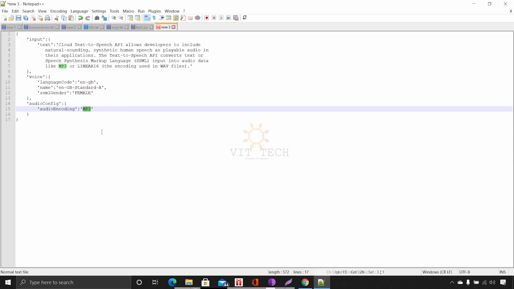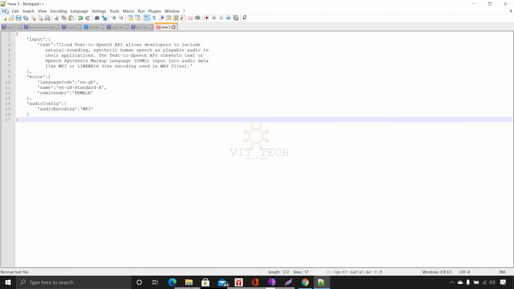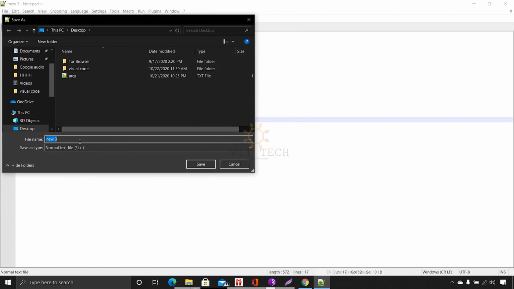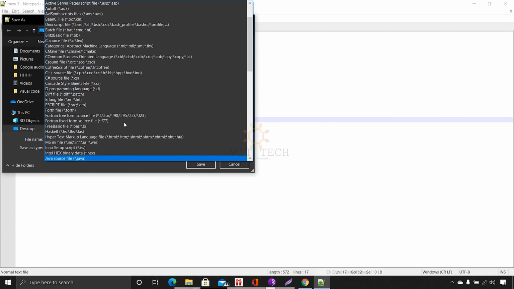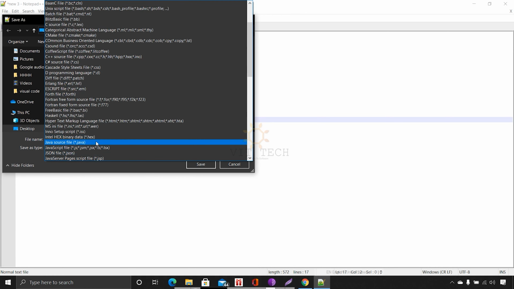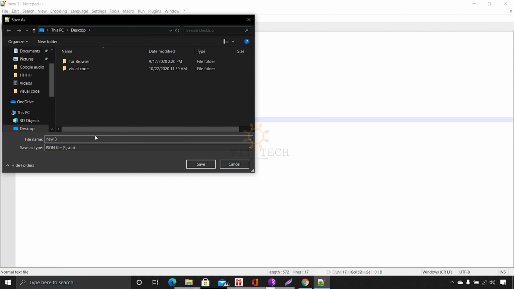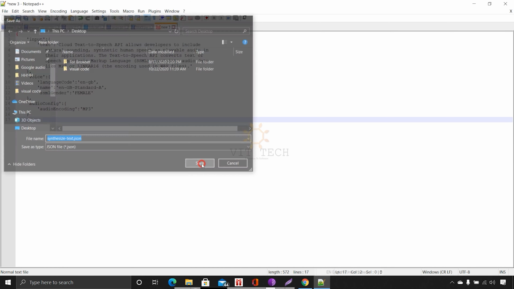We are going to convert to MP3 format. So these are the set of fields for the JSON file. Select JSON, name it synthesis text.json, and save it.